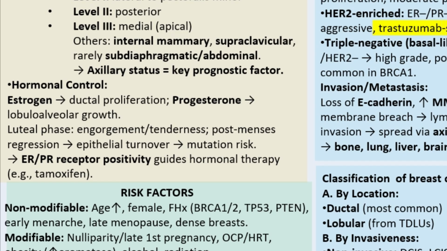So for the hormonal control, estrogen is important for proliferation of the ducts, but then progesterone is important for the growth of the lobulo-alveolar structures. So during the luteal phase, that is the phase after ovulation, we're going to have engorgement and tenderness,